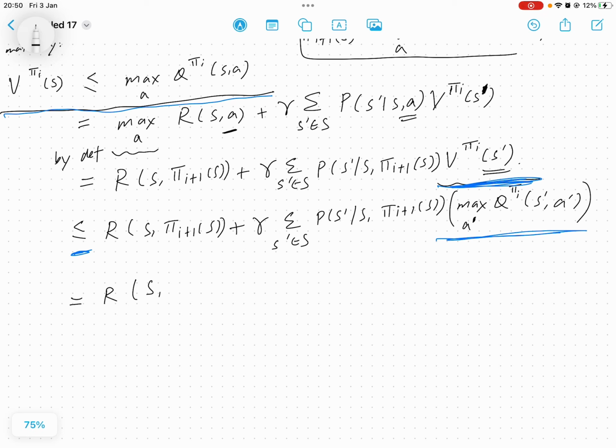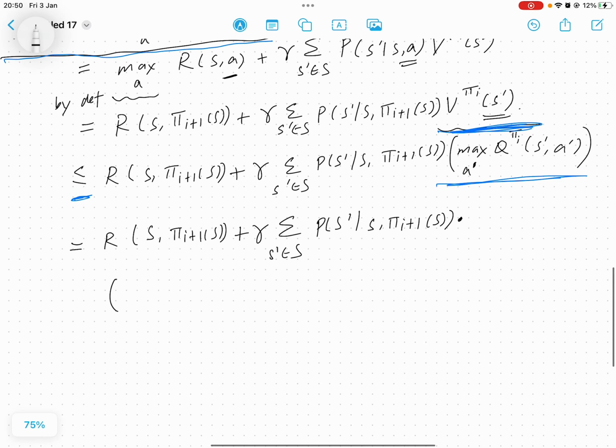The first term is r(s, pi_{i+1}(s)) plus gamma summation p(s prime | s, pi_{i+1}(s)), and then multiplied by, okay, so we can just further nest this Q